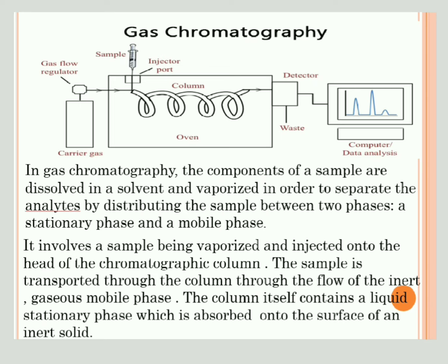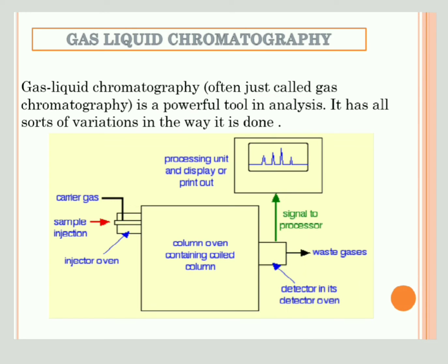What are the requirements for a carrier gas to have a successful gas chromatography technique? There are five requirements. It should be cheap, inert, suitable for the detector, of high purity, and easily available. Then there are two types of gas chromatography, gas liquid chromatography and gas solid chromatography. Gas liquid chromatography is the commonly used method for lipid analysis, and it is used to separate and identify the components of chemical compounds using a gaseous mobile phase.